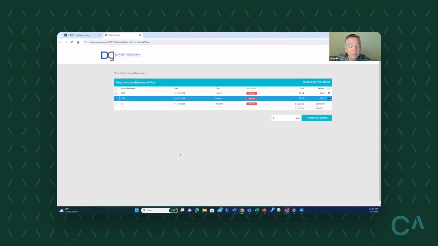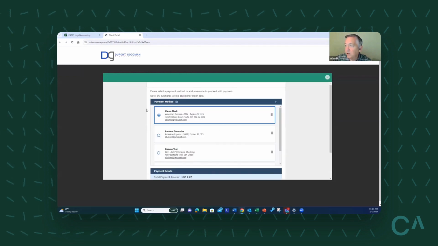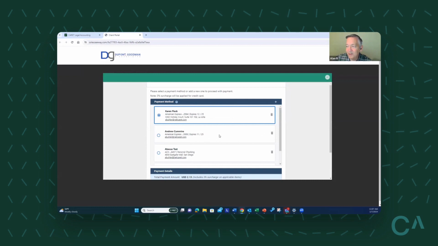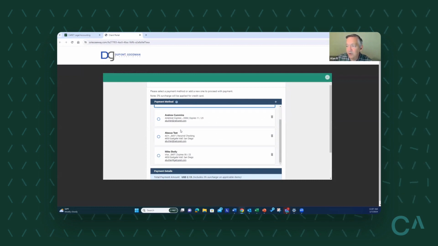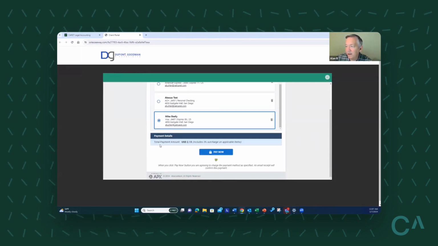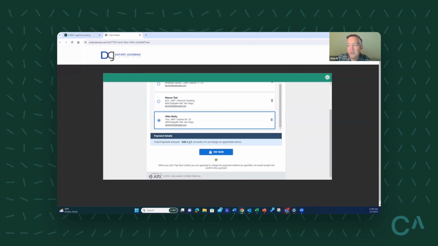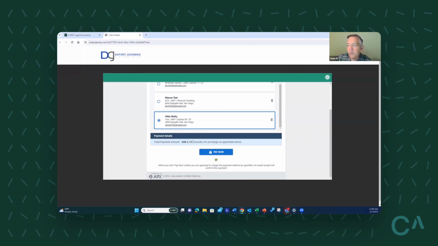This should be familiar to many of you if you've used our payment processing before. It uses all the same stuff. And this particular client has several cards on file. So as the client, I'm going to choose this card on file. I can see down here in the payment amount that it includes the surcharge. So it was a $2.07 invoice, but a surcharge amount was added, bringing it up to $2.13. And when I pay this,